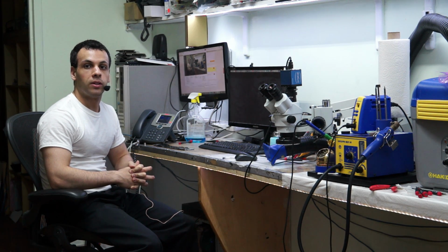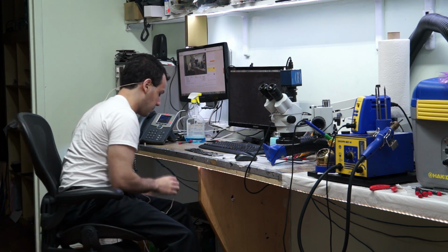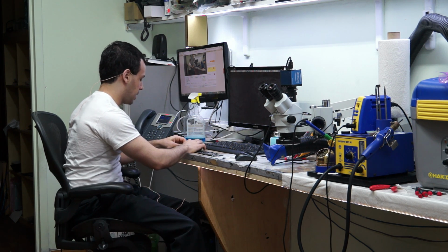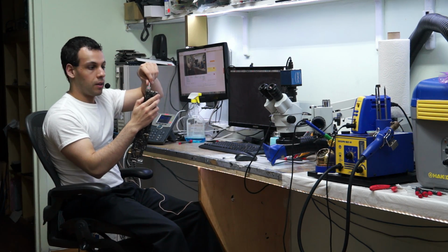Hi, so today I'm going to be going over a couple of boards that are dead. So this is a MacBook Air 820-3437 motherboard that was sent in with the problem that it is dead, it has no power. Now when I plug the DC in board in, I get an orange light on the charger,